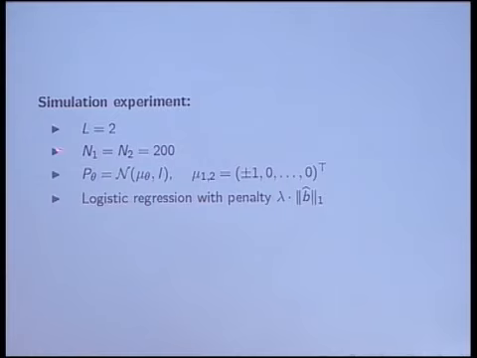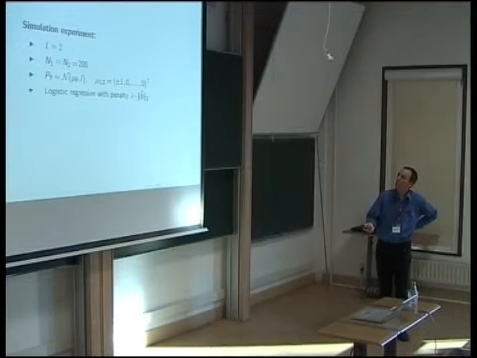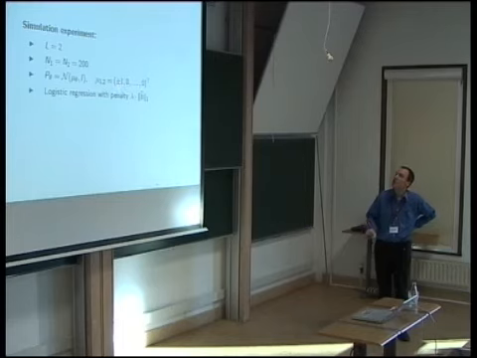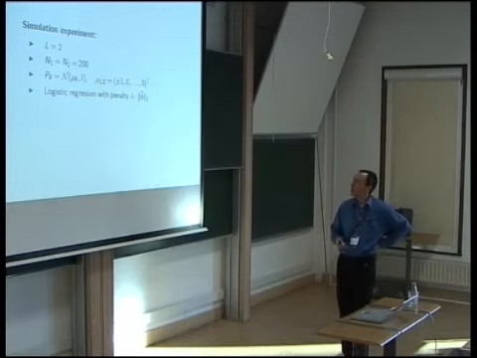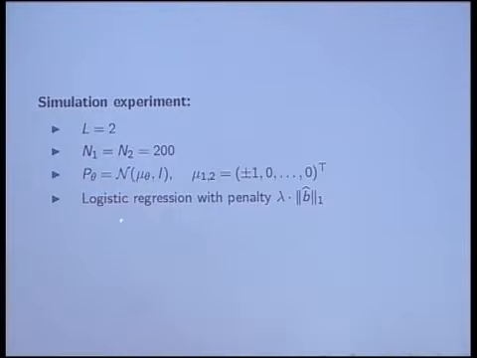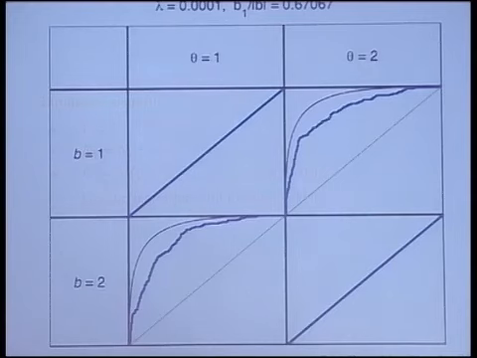We have two classes. We have 200 observations per class, and I forgot to mention the dimension. The dimension is 100. I have just a very simple homoscedastic Gaussian situation, and only one coordinate, the very first coordinate, is really relevant, and I have plus or minus 2 depending on the class. And take logistic regression with a penalty lambda times the L1 norm of beta hat. And okay, so here are the